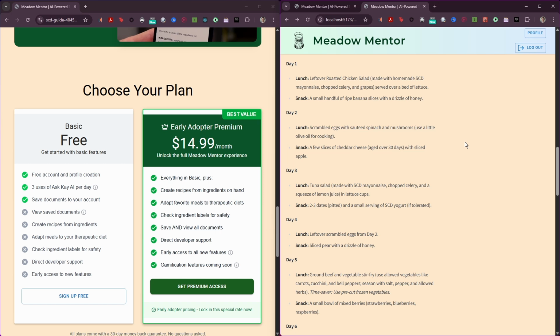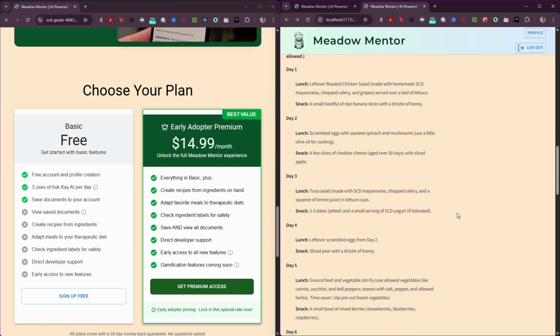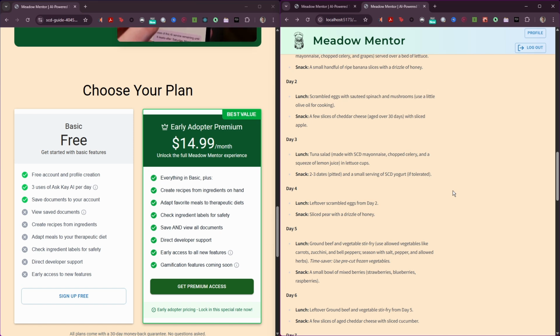That's awesome. The only challenge that I'm having right now, and the reason this is not released yet, is because the meals are really low on calories. I would eat a lot more food than it's asking me to eat. So, I'm gonna be working on that. Try to make sure that's more calories, and also allow people to customize based on their activity level and what they're wanting. If you're someone who's an athlete, then the AI should be able to make larger, higher calorie